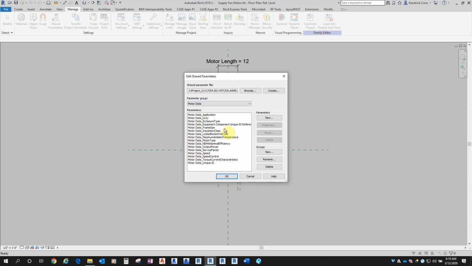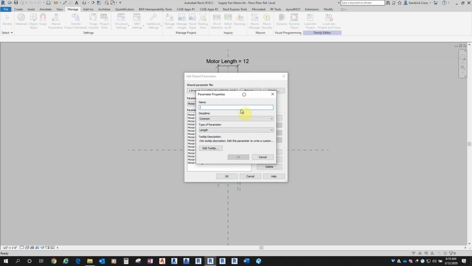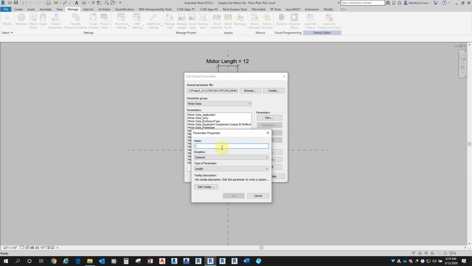So those are all in there, and I'm going to show you, I probably won't actually add, but I'll show you how to add a parameter for this family. So we're in the motor data group, and now I'm going to add a parameter by hitting the add parameter button. I'm going to give that parameter a name,